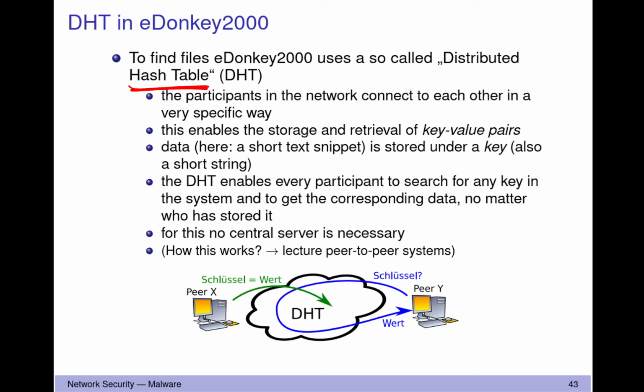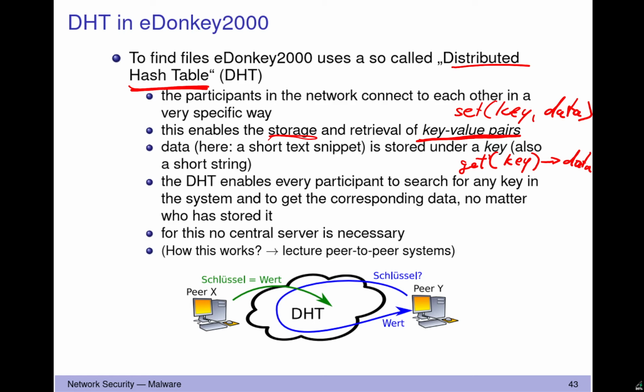A hash table is a storage setup for key value pairs. You can basically set, under a specific key, specific data. You say under which key you want to store that specific data. And later, if somebody says, give me the data under this key, you get the data out. You store specific data under a specific key. And the trick is